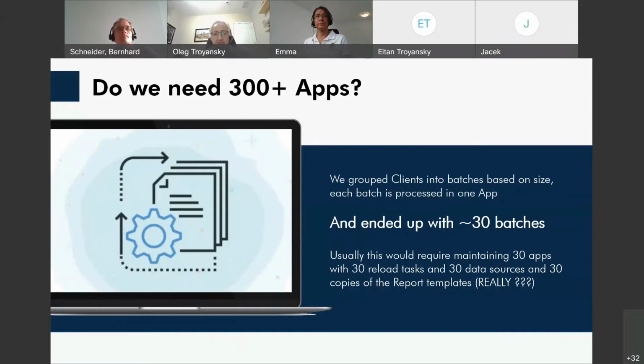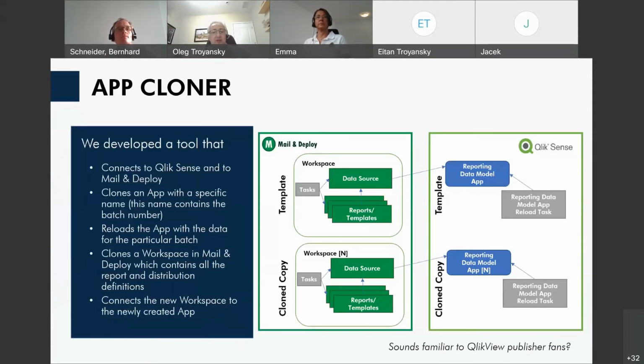It's calculated automatically. And Mail-in Deploy designed and developed an extension for us, which we call App Cloner. This is an amazing extension. I think it should be sold as a separate product by Mail-in Deploy. What it does is a utility that we can call from either Mail-in Deploy or from Qlik Sense. And what it will do, it will take a template app